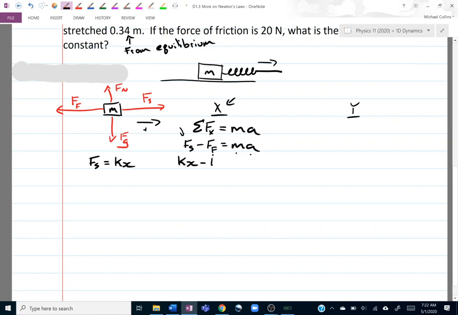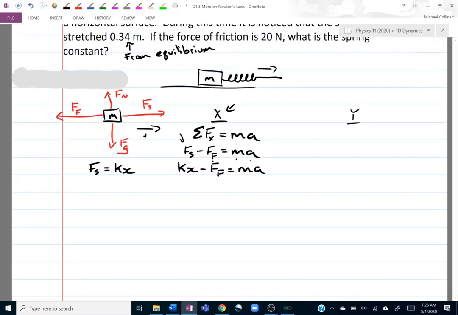Kx minus FF is equal to MA, and then I believe I'm solving for the spring constant. So now I have one expression with one unknown, and the unknown is the thing that I'm looking for. So I'm just going to solve for it. I can add force of friction to both sides. It cancels on my left-hand side. I'm left with Kx is equal to MA plus FF,